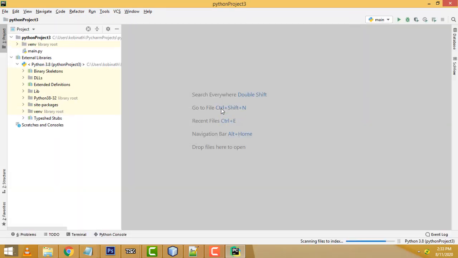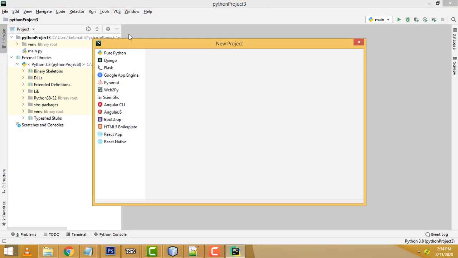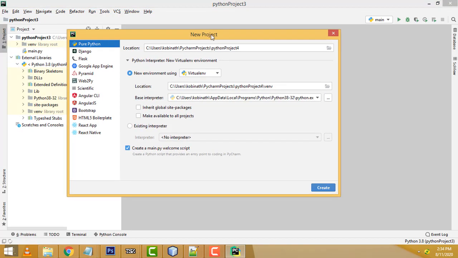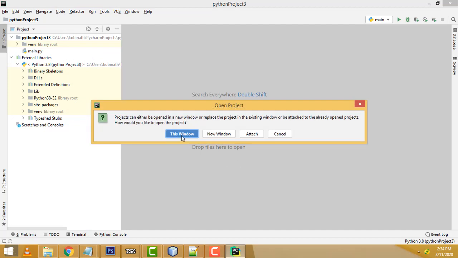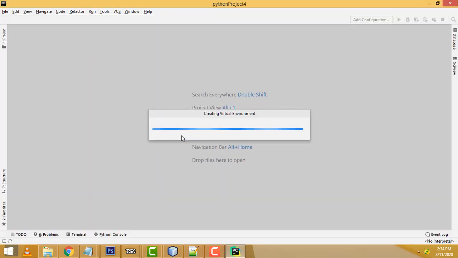Now what I am going to do is go to create a new project. I have already created one project, so that will be loading. You are a beginner of Python, so to create a new project, first go to File, then New Project. If you want, you can give the name of the project. I just leave it as the default one and create. Now your project is being created. You have to wait until your project is created.